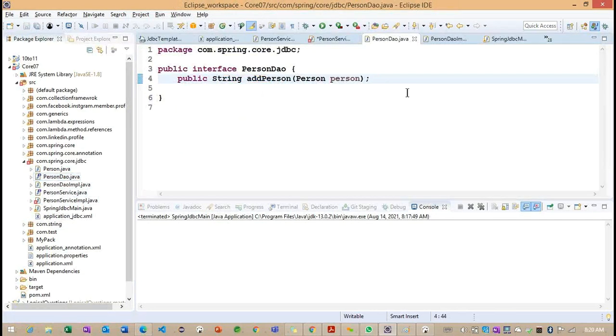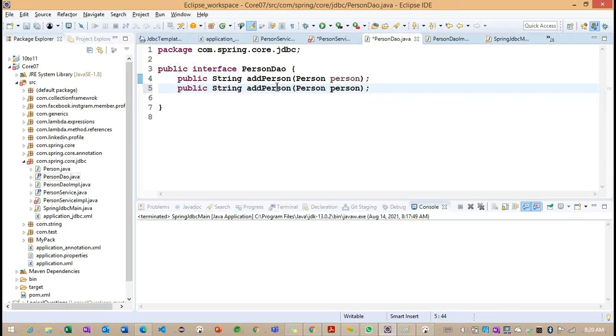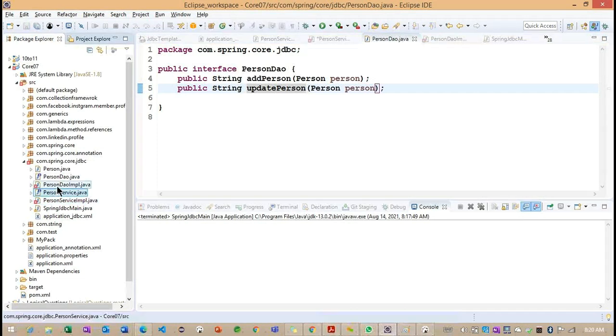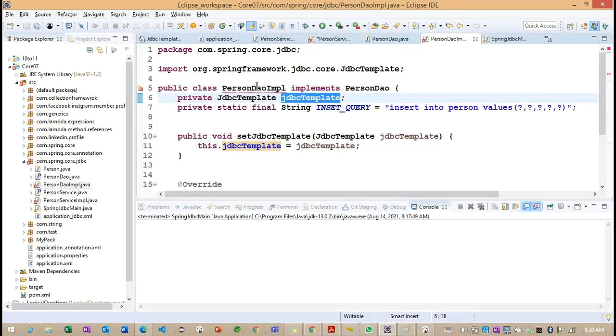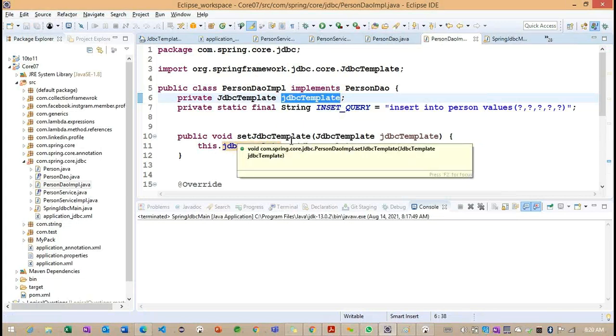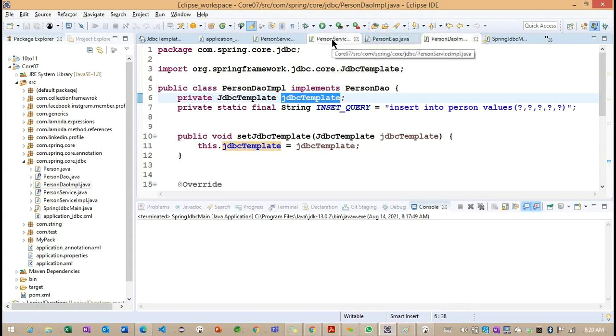Right. And the person DAO. Okay. Implemented. So two methods here.